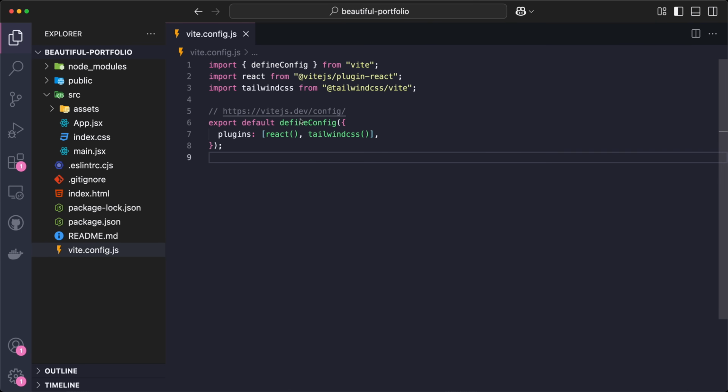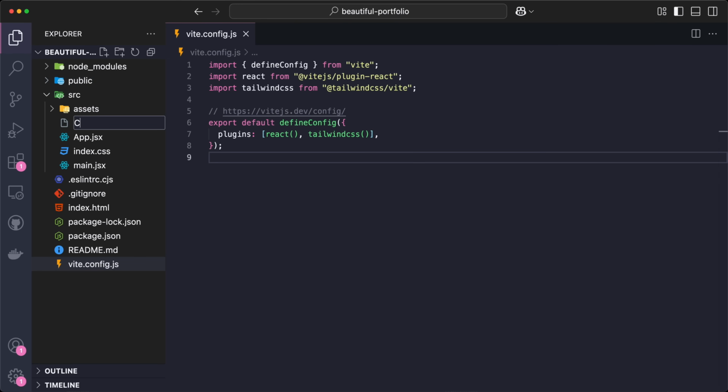So I also want to do one more thing with the vite config. I want to set up an alias for our path names. So for example, you see this source folder over here. All of our project is going to be inside of here. So imagine I made a component here. Let's call it